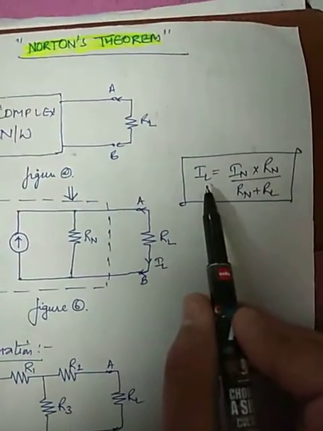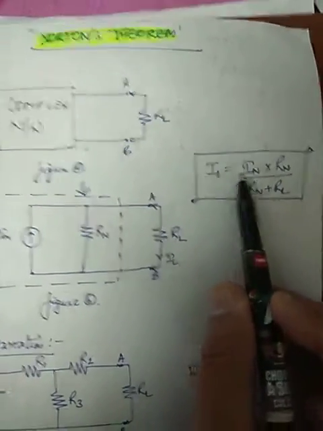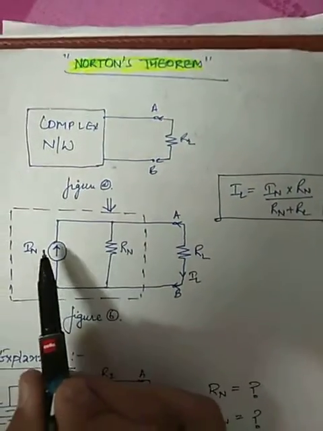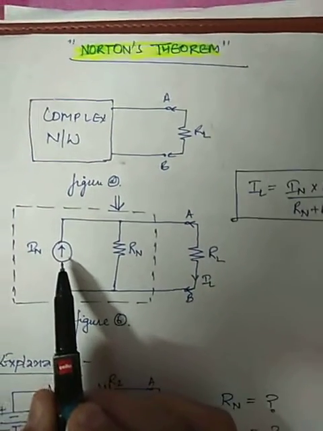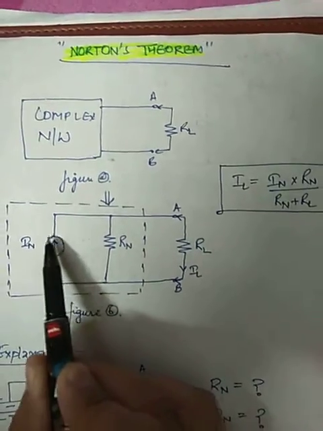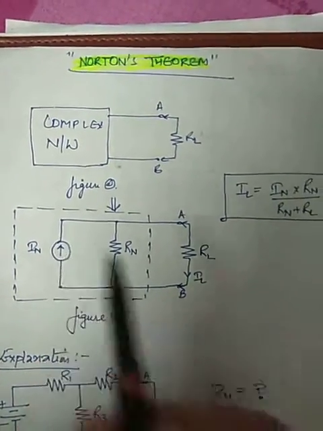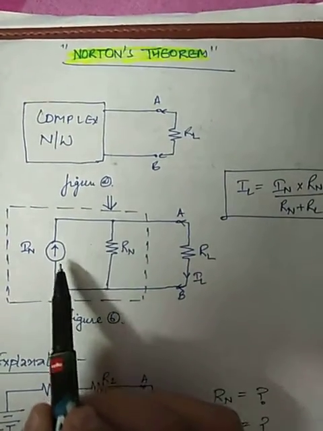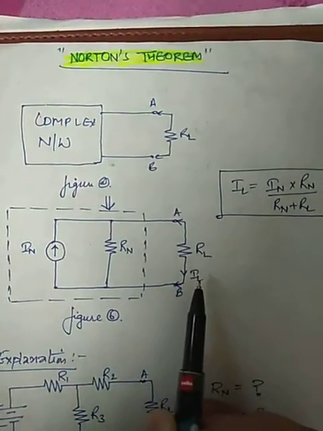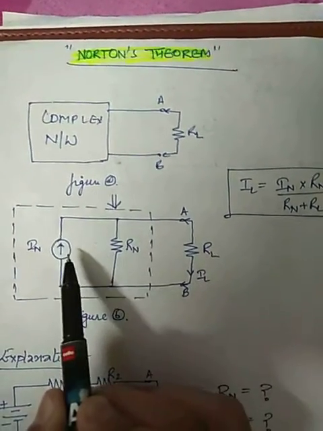And the formula of load current, how we will calculate the load current? So formula will be, the source current is here In. So this is the symbol of source current. So when this current is flowing across the circuit, the formula of load current will be the source current into